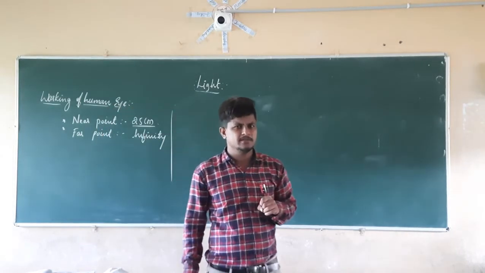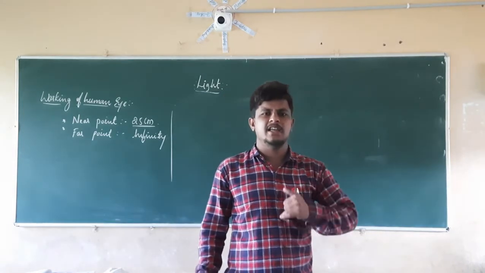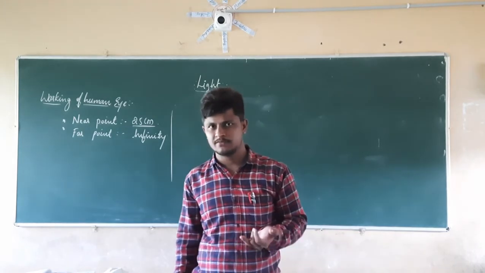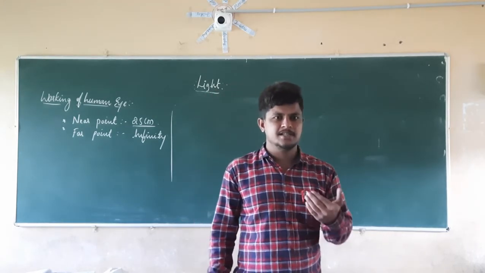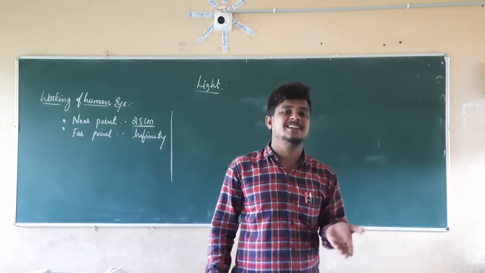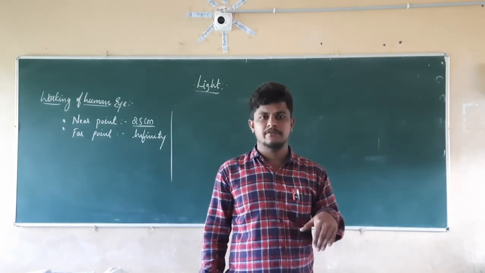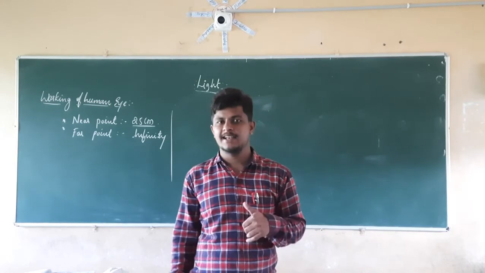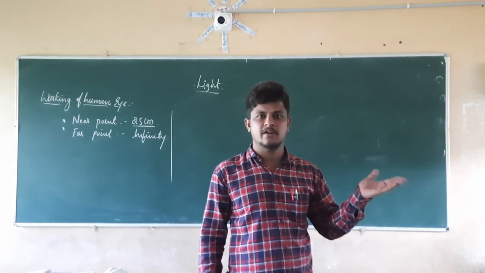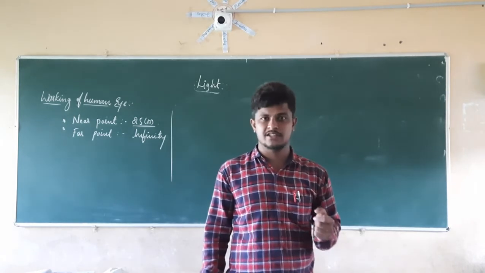In the same manner, if we take some cases here, is it possible that every person is going to see the far object clearly as well as near objects clearly? If we check, some persons see the far objects clearly, but do not see the near objects clearly. So this defect is known as nearsightedness, or we can say myopia. He sees the far object clearly, but doesn't see the near objects clearly. This defect is known as myopia.